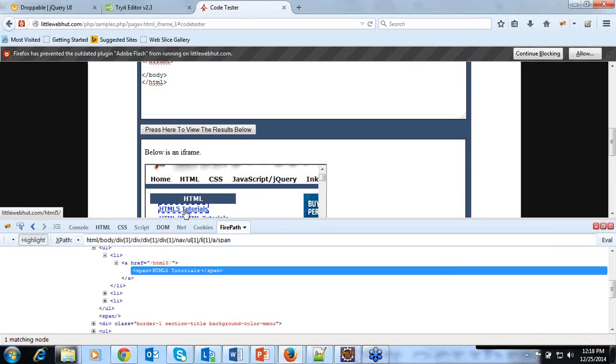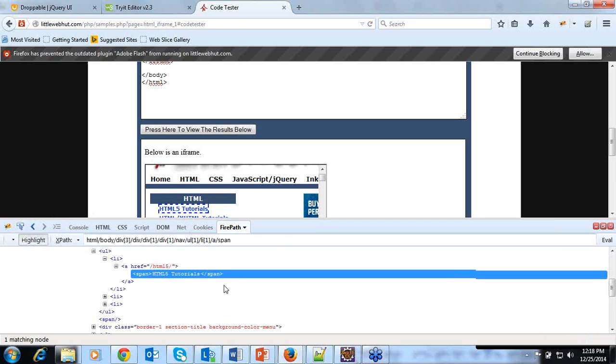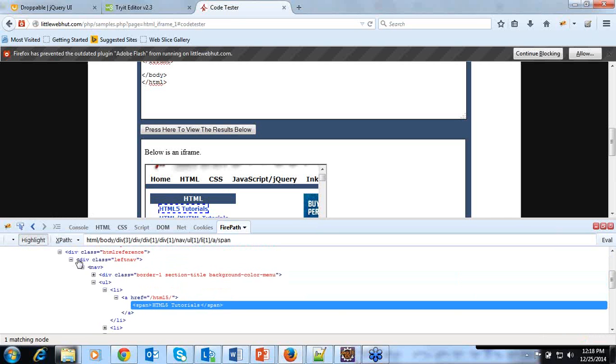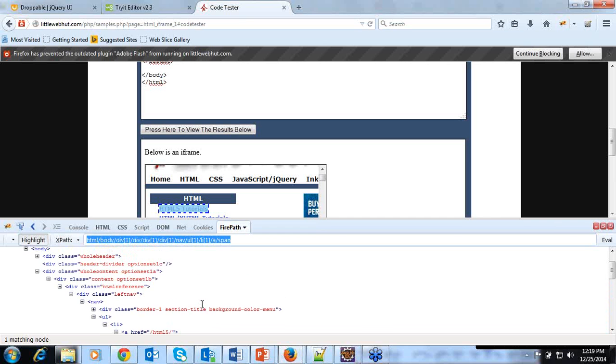When I use Firebug and try to identify, it's giving the XPath like this. But if you take this XPath and try to click by using driver.findElements by.xpath, it will not get clicked or identified because this HTML5 tutorials link is present